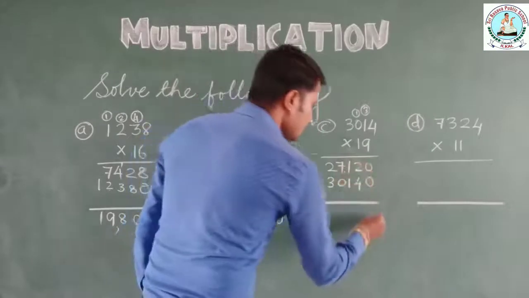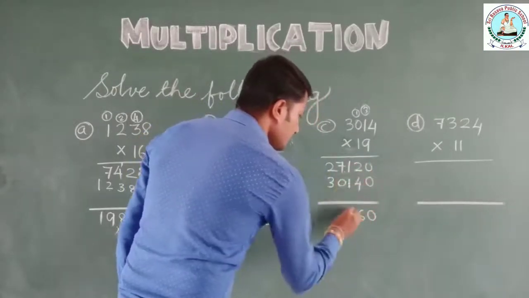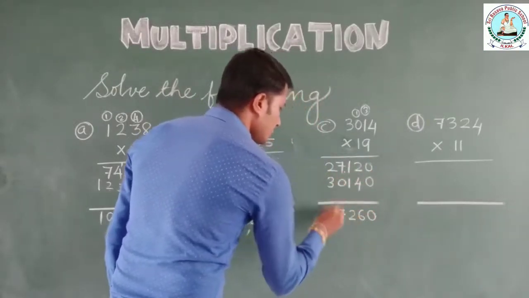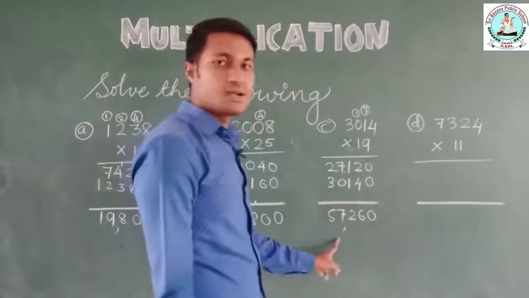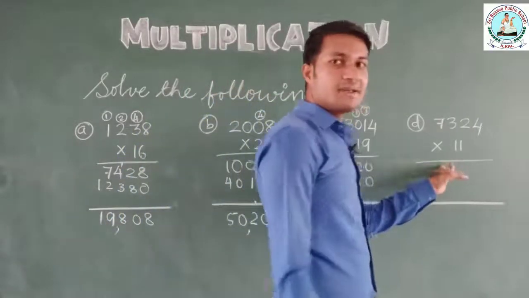4103. So just add them. 0, 6, 2, 7, it is 5. So 57,260. Let's go for the final one, that is